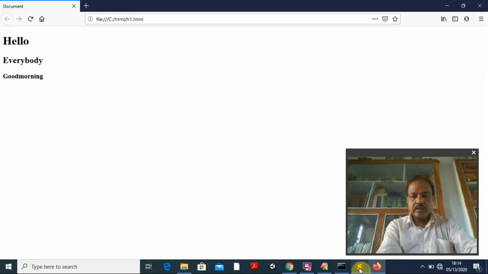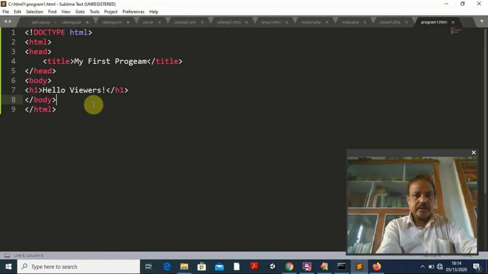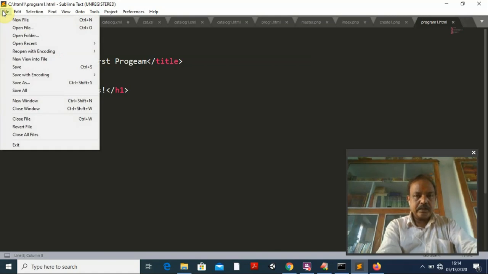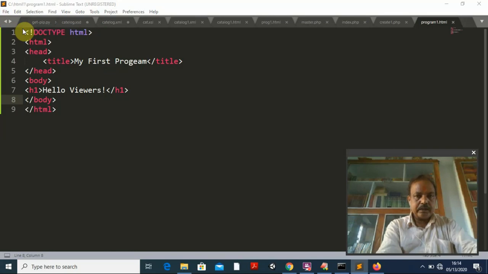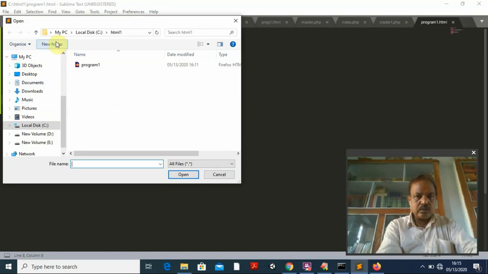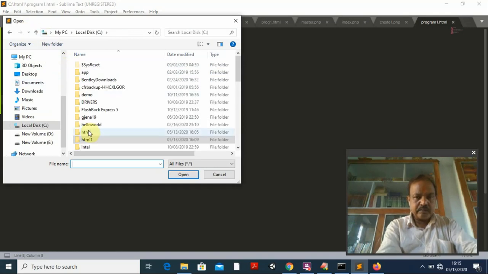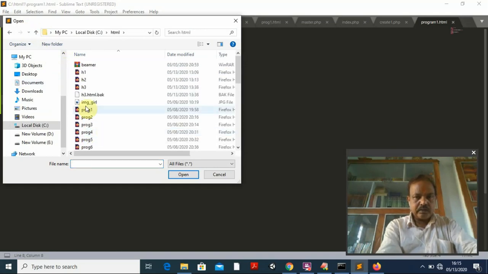Come here, because I have written in Sublime. In Sublime I go to File, Open File, and because I have written this in the HTML1 folder, go to the HTML folder, and then you will find everything.